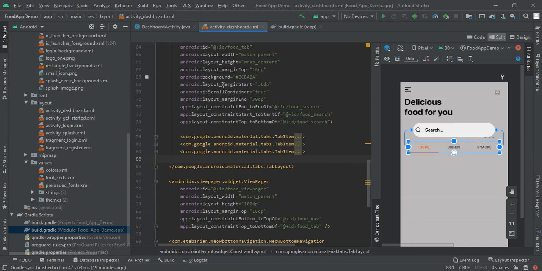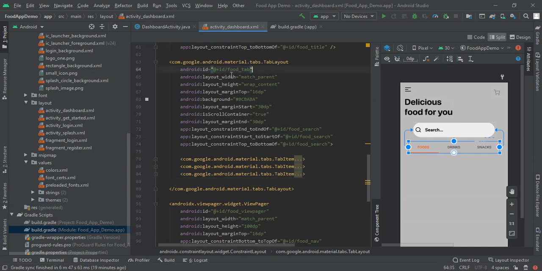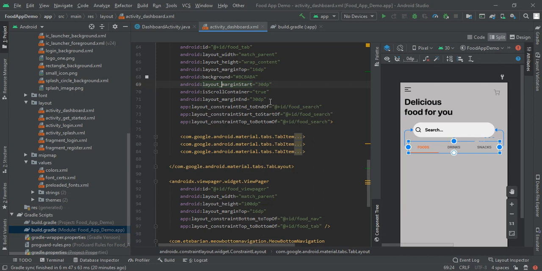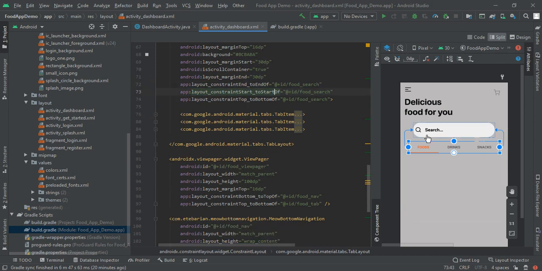So here we have tab layout, width will be match parent and height will be wrap content, and its background also BCBA so that it matches with our activity background. Next is scrollable container. Make sure it is true, and margin start will be 30 dp and margin end also 30 dp. And again make them constrained with search.